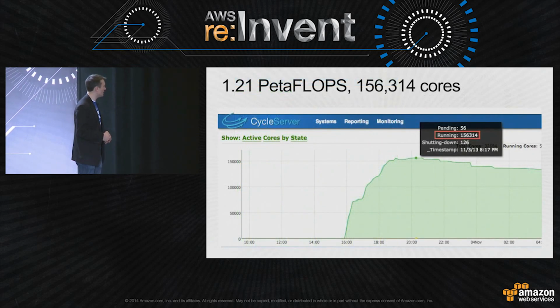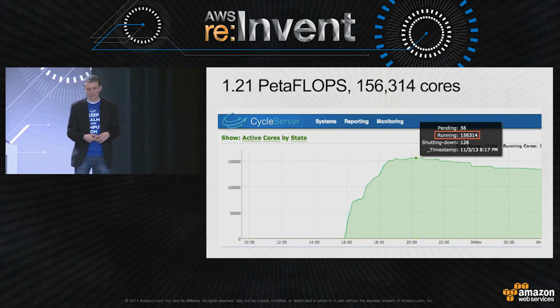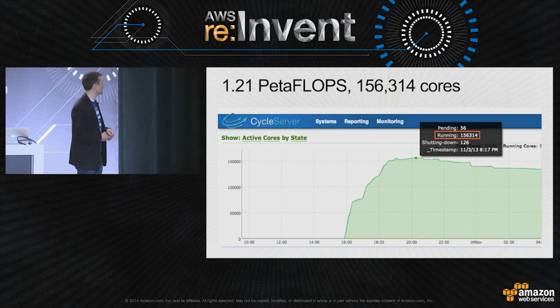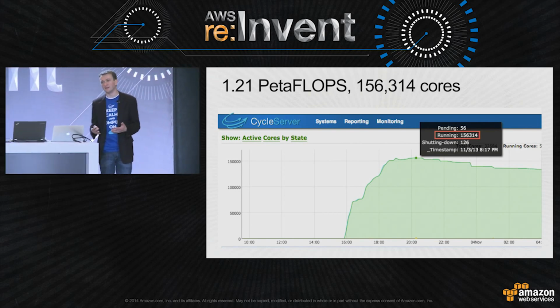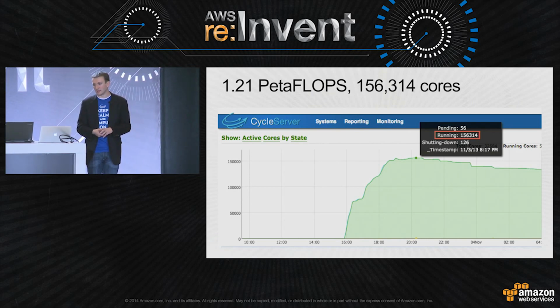And we were able to grab a tremendously large amount of core count, basically over the course of about 2 hours, 150,000 cores, and we hit 1.21 petaflops. Which at the time I think was number 29 in terms of our peak on the supercomputing list. So this is a really exciting run. We were very excited about the technical side of it, but the science was really awesome, and that's really why we're all here. So with that in mind,